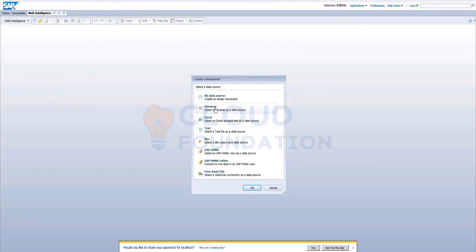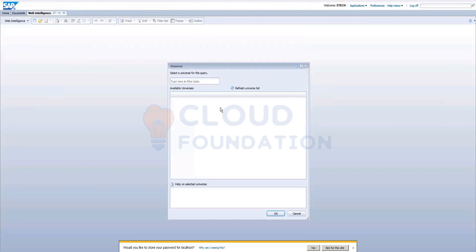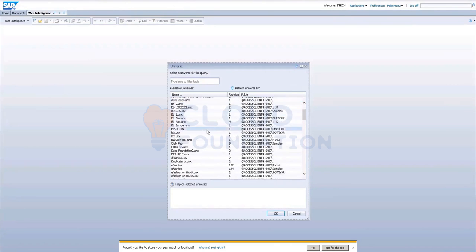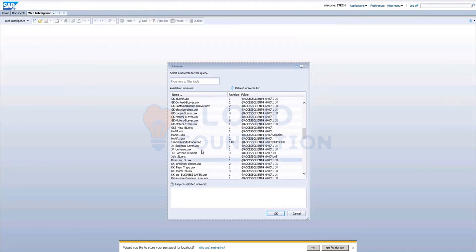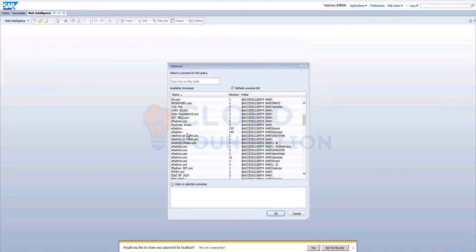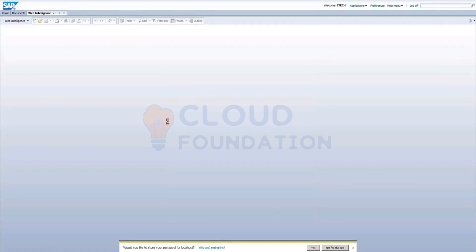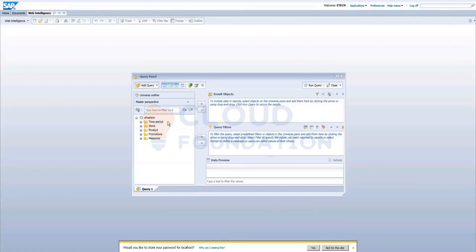I'll just show, if I click on Universe, you will see these are the available universes in our training repository. And this eFashion is mostly used for training. If I click on this eFashion, these are the classes and objects that are created in the Universe.